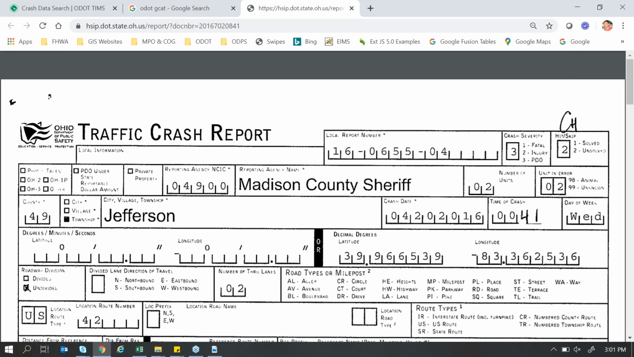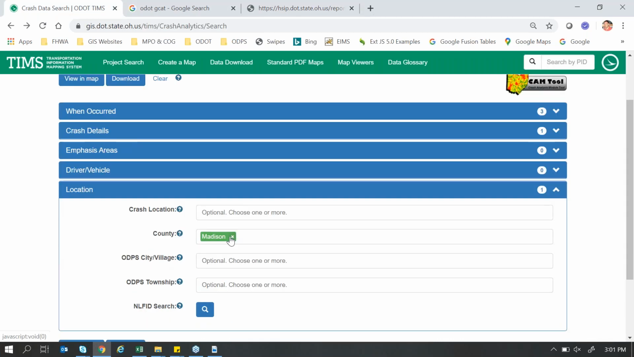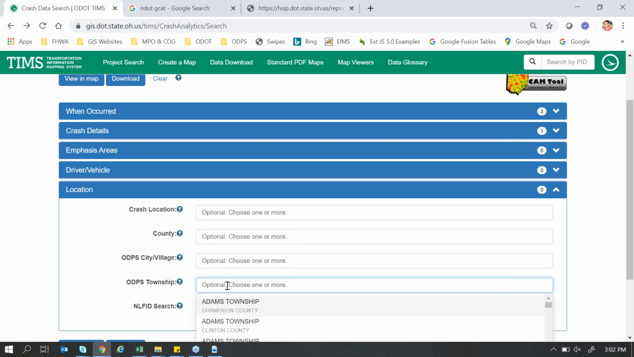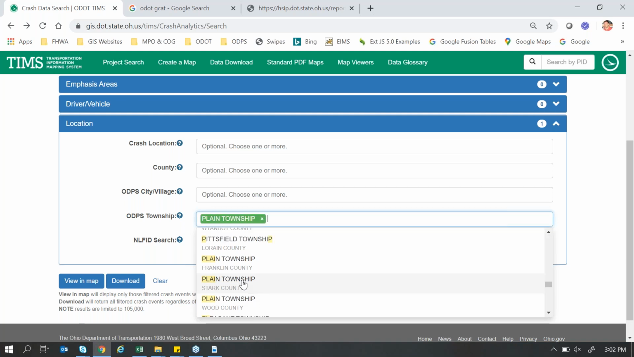In the TIMS system, when I select Wayne County and a specific township, say Plain Township, then select View in Map, it brings up thousands of crashes for the entire county. Can it be narrowed to just Plain Township? So in this township box, I get where you're calling this. You can see Plain Township is for Wayne County here, specific to just Wayne County. So in Ohio, there are 4 Plain Townships. If you click just that one,